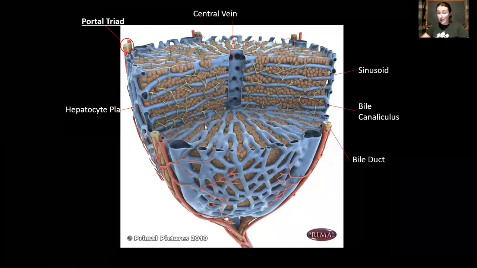They are sinusoid capillaries, right, to refer back to what we've discussed before. And the blood from the triad is going to be drained up and out the central vein and ultimately to the IVC and the heart. Okay, at the same time, we have these hepatocytes creating bile and depositing that bile into what is called the bile canaliculi, or canaliculus for singular.